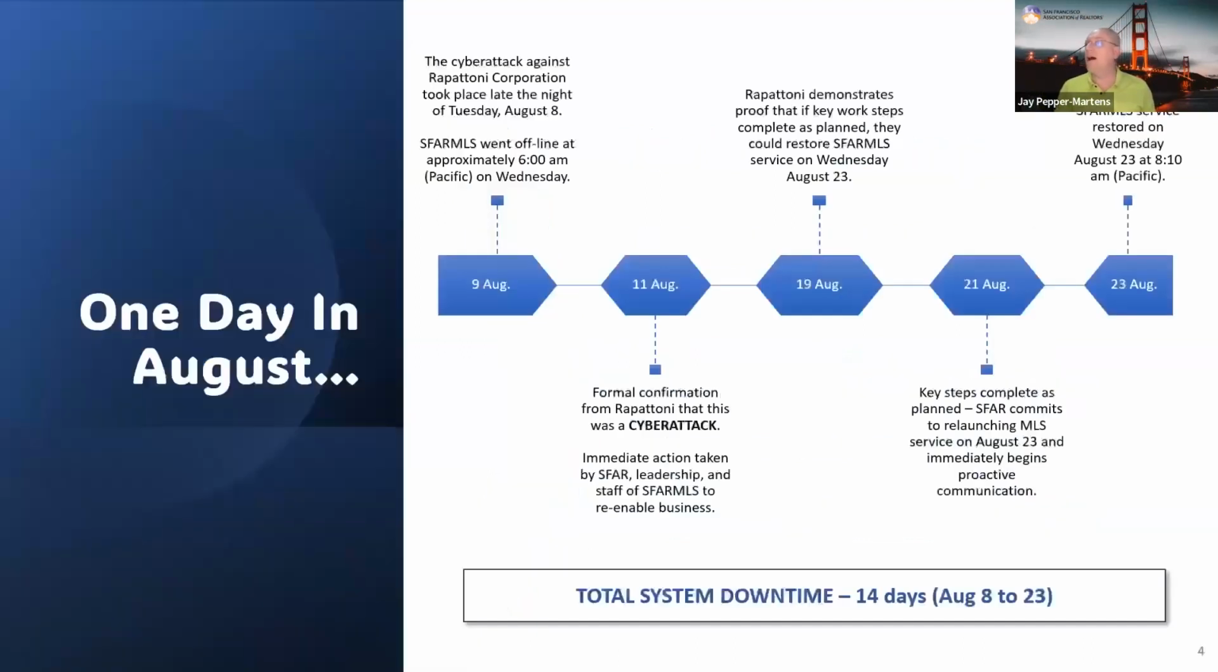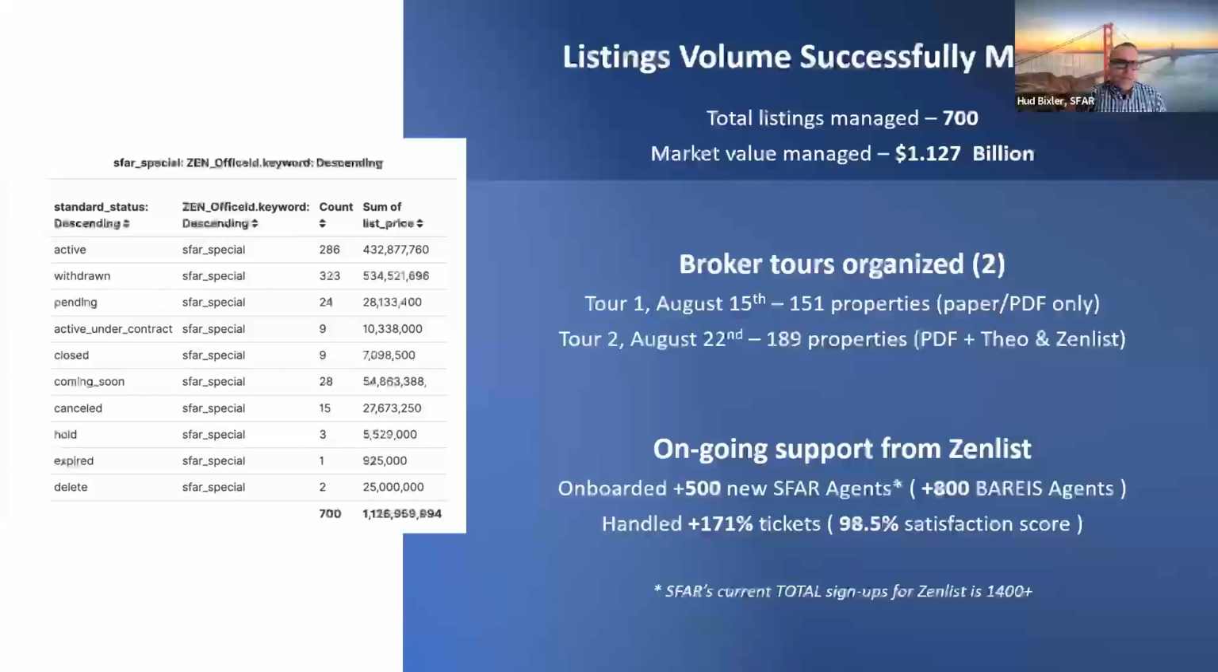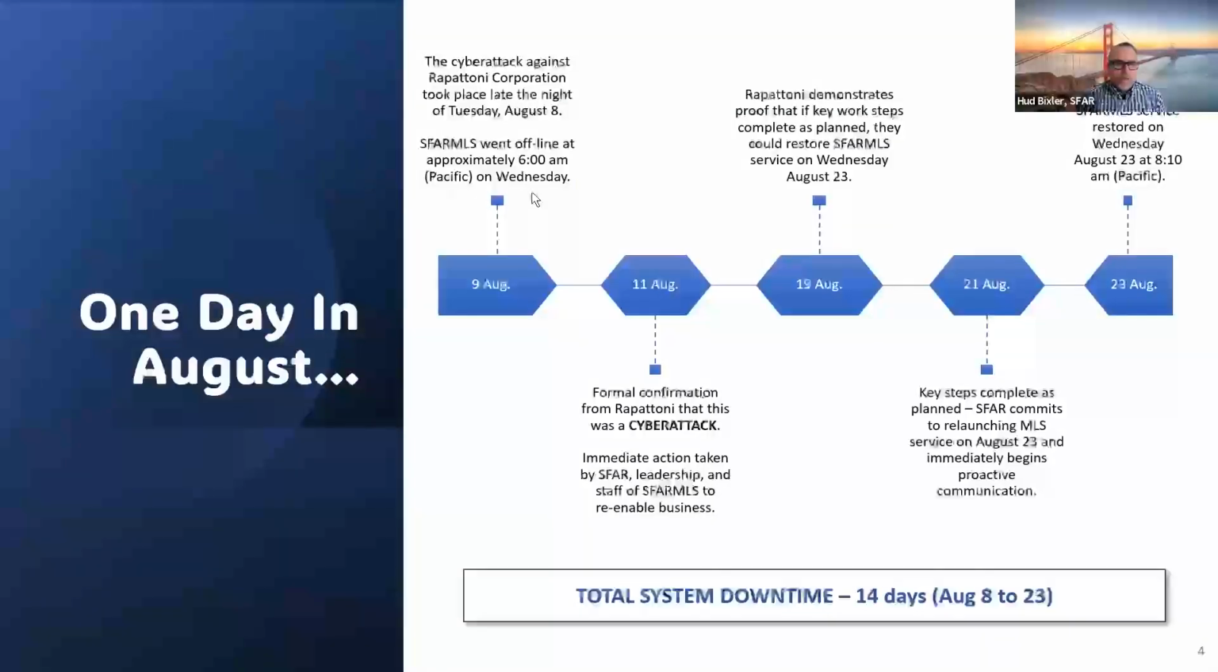So why don't you take it away, Hud, and let's just quickly review for those who maybe haven't heard us talk about it yet. Let's hit the high spots for what happened in August, or the low spots, as it were. Absolutely. Well, we're always trying to make lemonade over here at the MLS. So you are aware the cyber attack against the Rapattoni Corporation took place late in the evening, Tuesday, August 8th. From what we are told, this happened somewhere between midnight and 3 or 4 a.m. The way these cyber attacks happen is